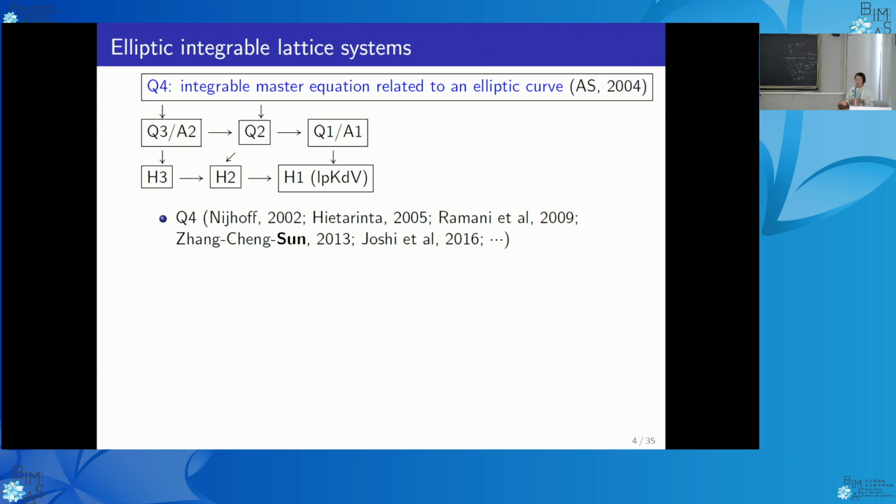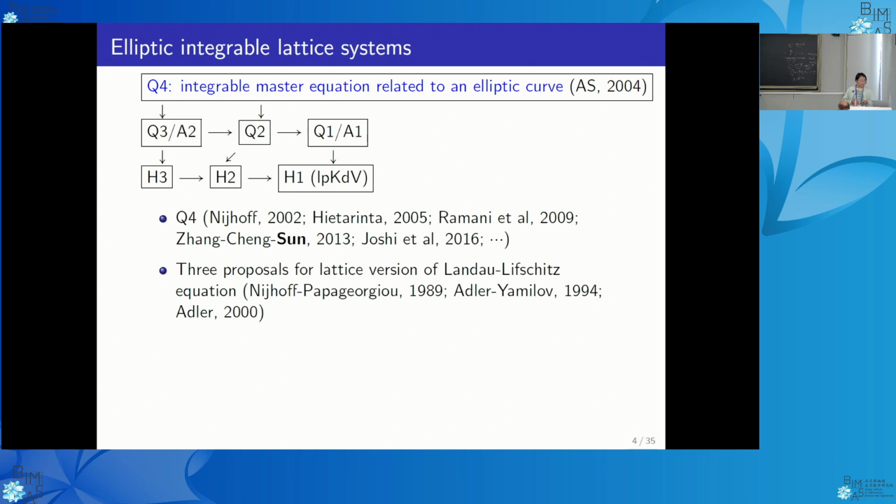One is Q4. Another is 3 proposals for a lattice version of the Landau-Lifshitz equation, but there is very little study on these equations. Even the relationships between these equations are not clear. The remaining 2 are